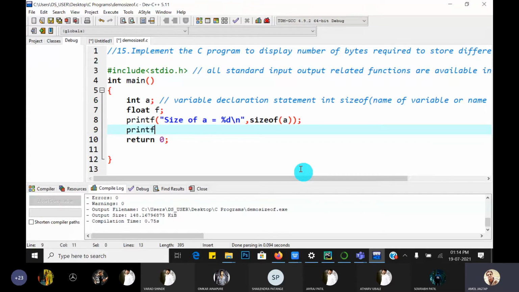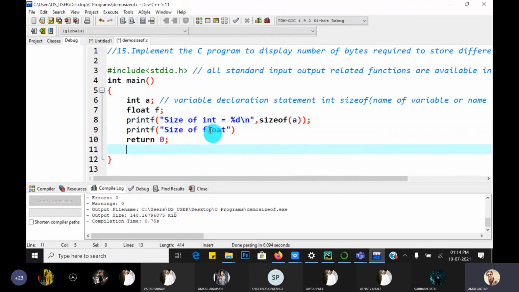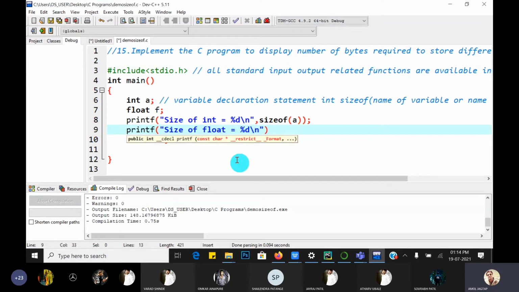Just write printf, then sizeof f, or sizeof float. We want to print the sizes of the respective data types. Give the message like "size of float is equal to %d\n" for a new line, then a comma, then sizeof, the name of the function, then pass the float data type name.